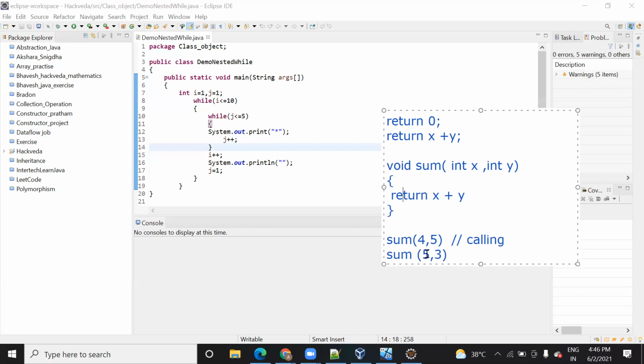And when you call it again, at that time your compiler will take more time to identify the position where currently I am, meaning the cursor will be present here. So when you call it again, your compiler will take more time. But in case you use the return keyword, it will return the value and the flow will be back again here, so it will be ready for other calling. So in short, it will just reduce the time. That's why we use return.